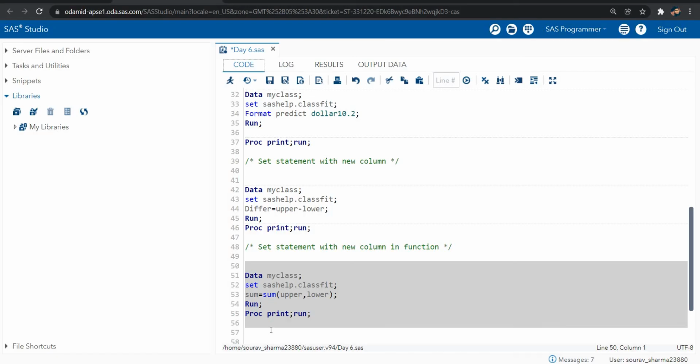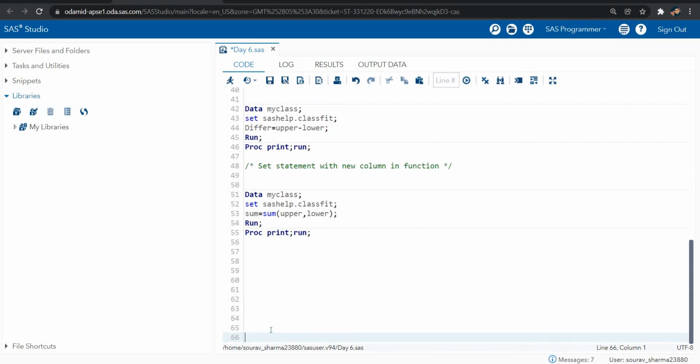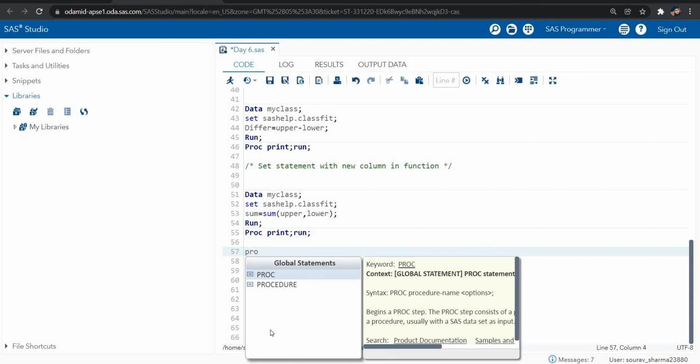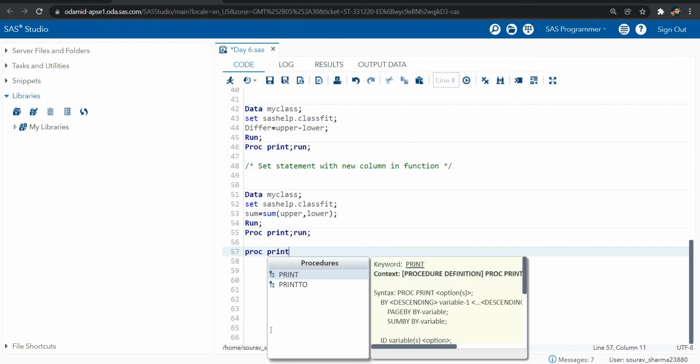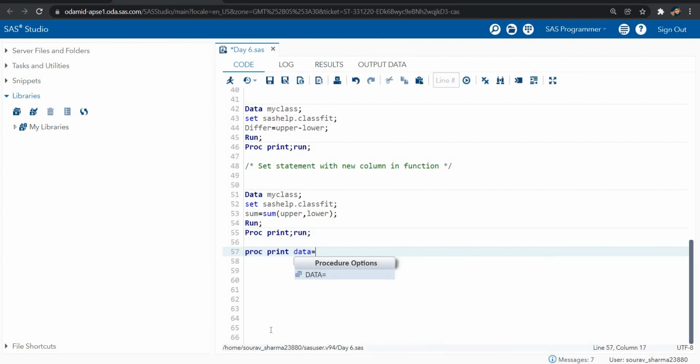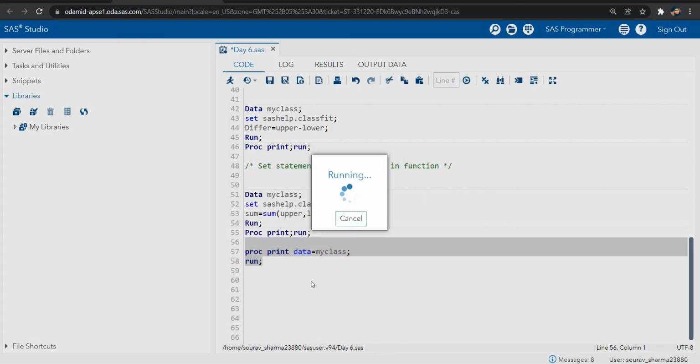Let's take the example of the previous data set. If I write proc print data equals my class, and the run statement, here we have the data.